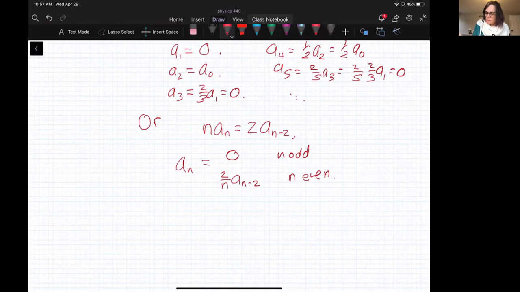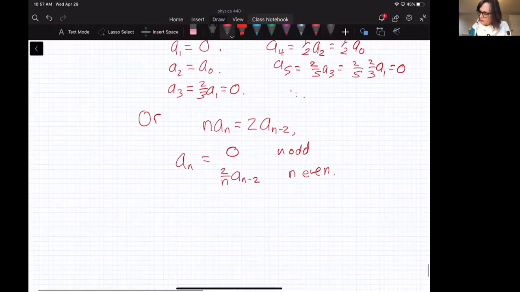Now this, we're fine with what we're doing here. The trick with series solutions is to try and make this look like, if we can, a closed form. So what we want to do is look at our solution and see if we recognize it as an expansion that we've already dealt with. So given this, we'll let